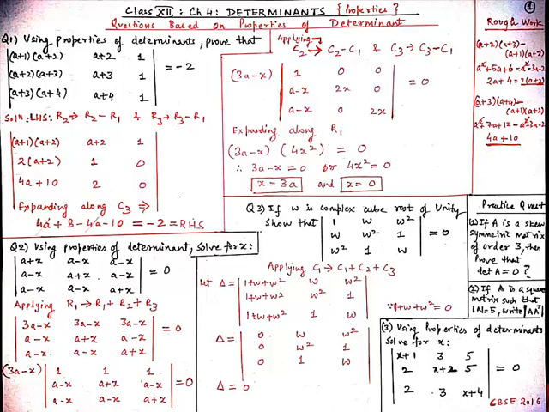That is (a+1)(a+2), then a+2 and 1. Now subtract a21 element, which is (a+2)(a+3), minus (a+1)(a+2). In the rough work, as you can see on your screen, I have solved it: (a+2)(a+3) gives a squared plus 3a plus 2a, equal to plus 5a, and 3 twos are 6, so plus 6; then minus of a squared, minus a, minus 2a, so minus 3a, and minus 2. From here we get 2a plus 4, in which 2 is taken as common and in bracket we get a plus 2.